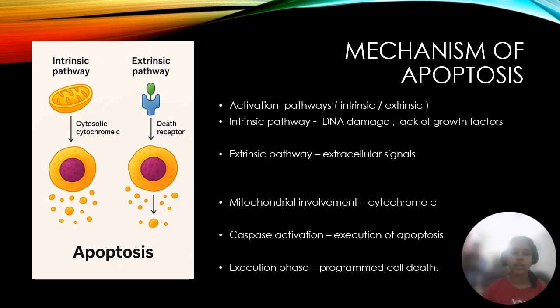The release of cytochrome C will initiate caspase activation. In your intrinsic pathway, the key caspase is caspase 9, which is your initiator. Caspase 9 will go and form a complex with APAF1, a multi-subunit complex, called the apoptosome. Then caspase 9 cleaves and activates the downstream effector caspase, caspase 3, and there is cell death. Now coming to the extrinsic pathway, as I told you, there is involvement of death ligands and death receptors.